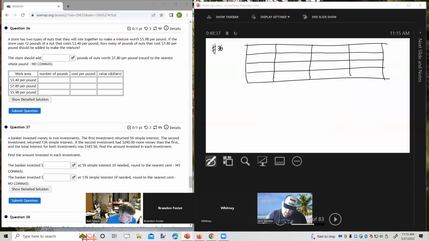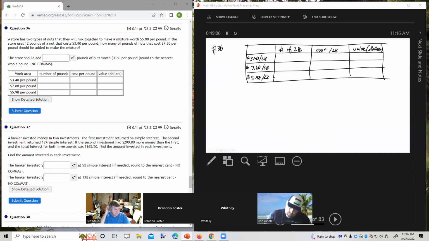Work area, this is $3.40 per pound, $7.80 per pound, $5.98 per pound, number of pounds, cost per pound, value in